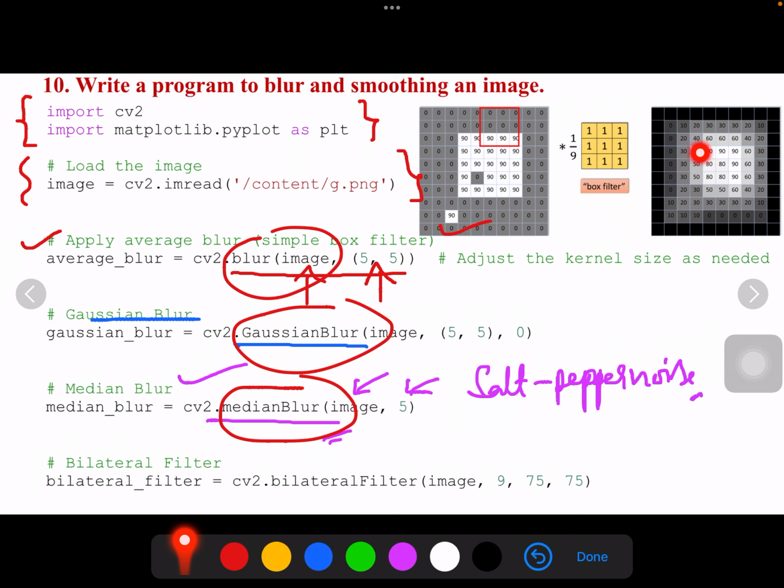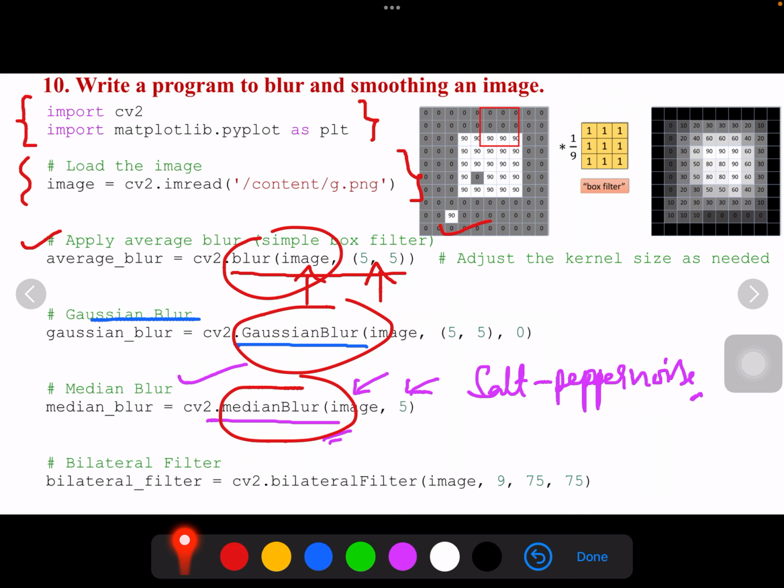The output image looks like this and the input image looks like this. For a simple box filter, there is a convolution happening over here with the kernel value, along with the input pixel of the image. For example, for the box filter we have taken a simple 3 cross 3 kernel filled with 1, whereas in case of Gaussian